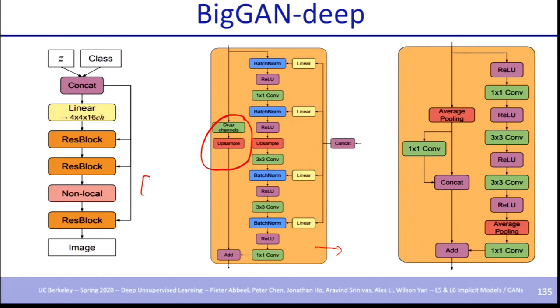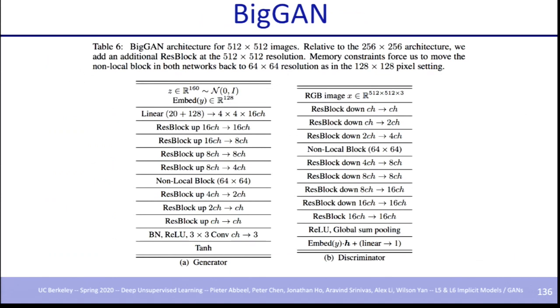The main trick is whenever you do downsampling or upsampling, if you're trying to go from C to 2 times C, which means you're going to double the number of channels, they don't do 1-by-1 convs that take in a dimension D and map it to 2D. They just retain the channels they have and try to predict what they need to add. And whenever they need to drop channels, they just drop them. They don't do a 1-by-1 conv. It seems to work much better as far as metrics go. So that's a trick that they discovered in Big GAN.